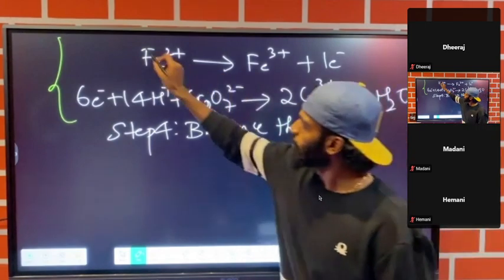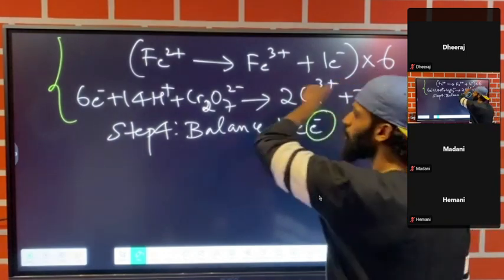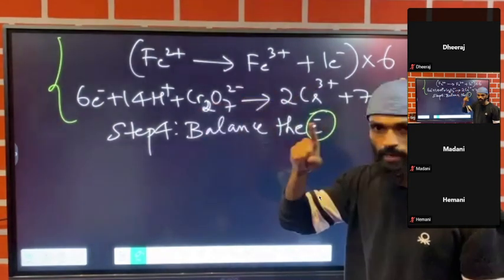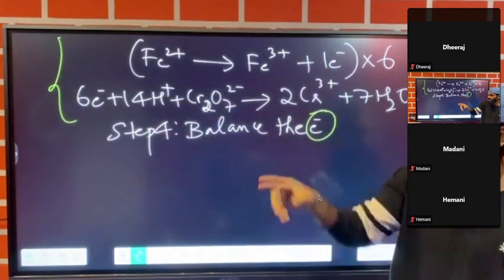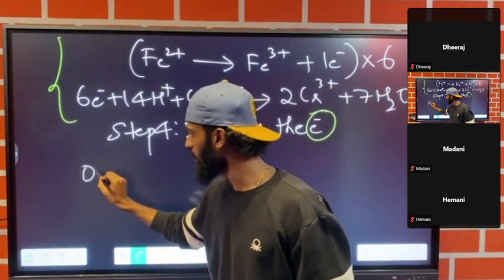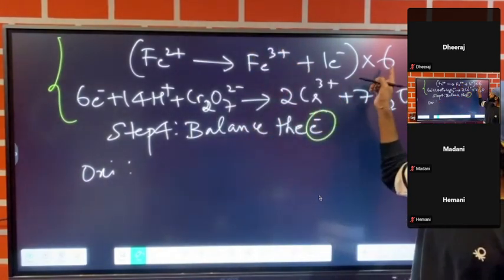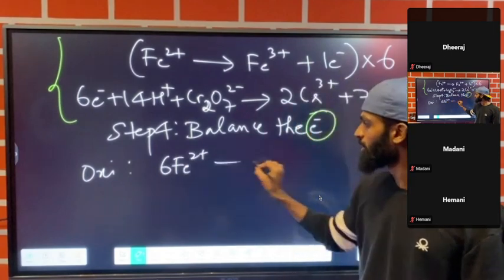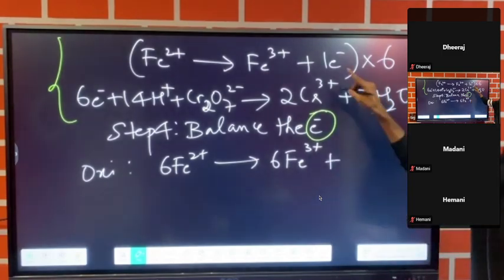Very simple. To the first equation, if I multiply by 6, again if you see, I multiplied the whole equation with the number 6. Okay, why? Because I looked at it, 6 electrons I could see here, I can only see 1, they are not balanced. So to balance it, I am multiplying it by 6. After multiplying, be careful, oxidation half, we should multiply the 6 throughout. So it becomes 6 Fe2 plus on the left hand side gives us 6 Fe3 plus 6 times 1,